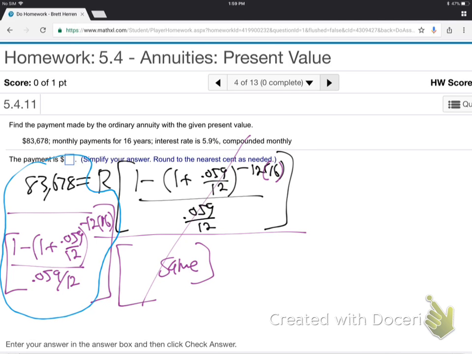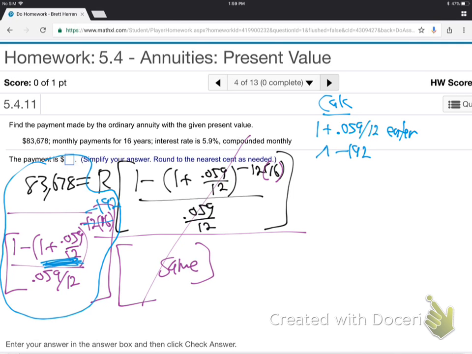on your calculator. So let me lead you through the calculator steps. Where do you start? I always start right here in the middle. It doesn't matter, it's on the bottom, whatever. Just go 1 plus 0.059 divided by 12, enter. You with me? So now I have the answer to this. And then I just go to the power, now 12 times 16. You might want to figure that out first. I'd probably figure this out and go, oh, this is negative 192. To the power,